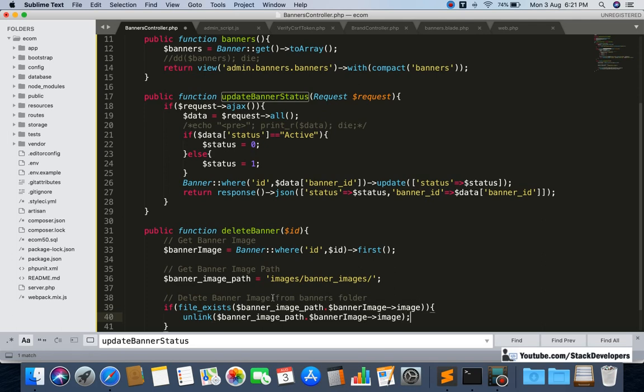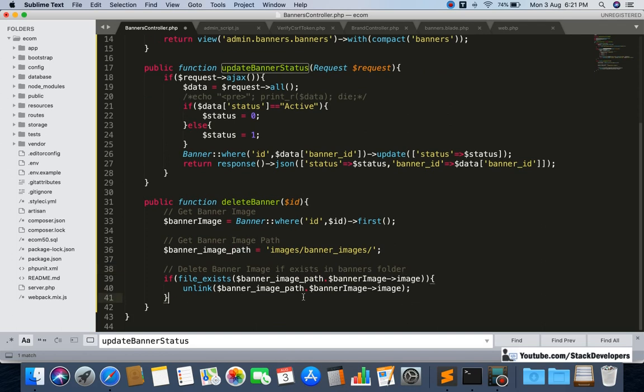Okay, banner image if exists in banners folder. So that is fine, and after that we are going to delete the banner from the banners table as well.